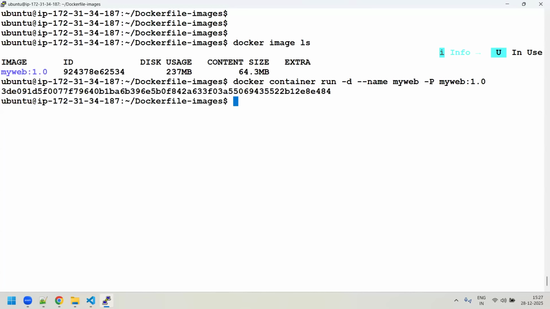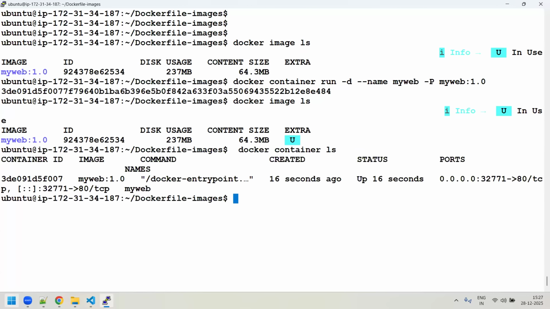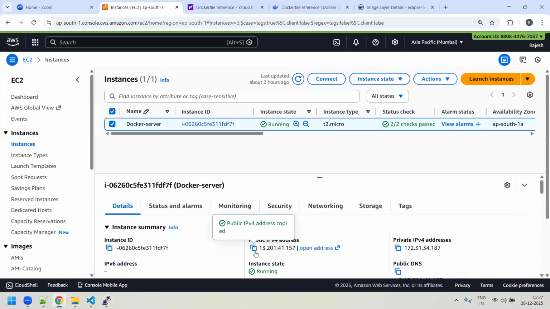You could see that, guys, your Docker container is running. When I try to do a docker container ls, you could see that it is running actually. Right, and you could see that your application is exposed on 32771, and you'll be able to even access your application also. So you can copy your public IP, go over here,